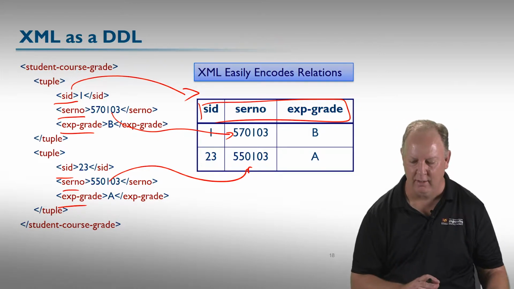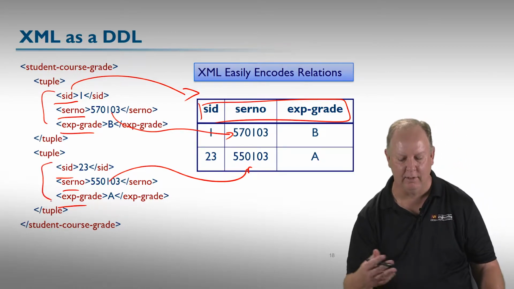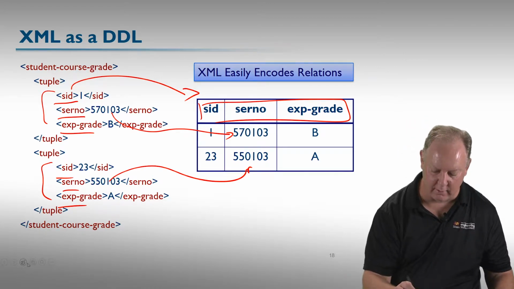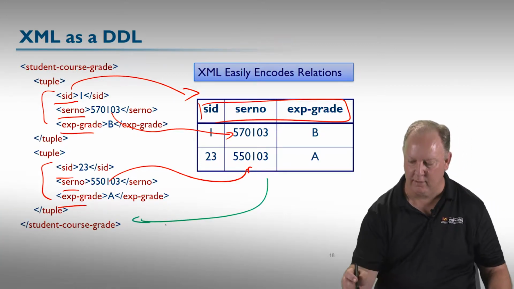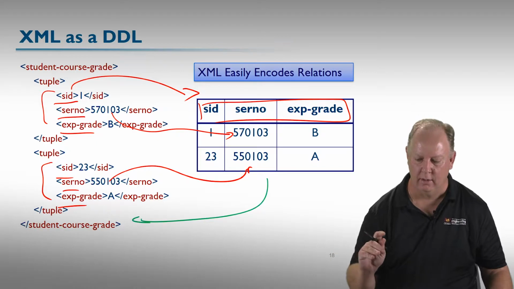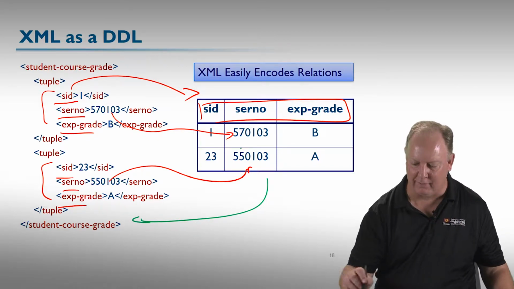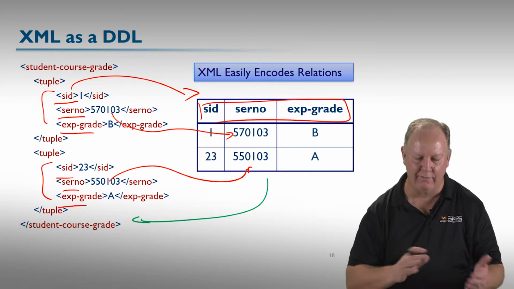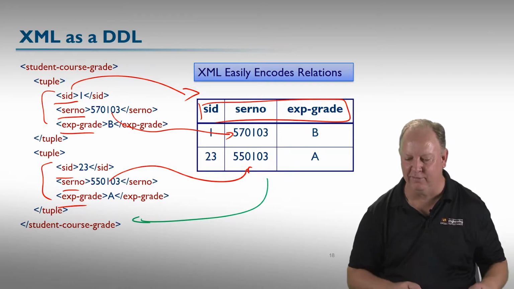And I say some XML documents because, if you notice, this only has one layer of structure inside of each tuple. If I had multiple layers, it wouldn't quite be so easy because I'd lose that sense of hierarchy. Certainly going in the other direction, which I'll denote with a different color, is easy, because in a standard relational schema I only have flat relations. So it'd be pretty easy for me to turn around and convert a flat structure like this into an XML document. So you can go back and forth between the two with relative ease, considering you have relatively flat data.